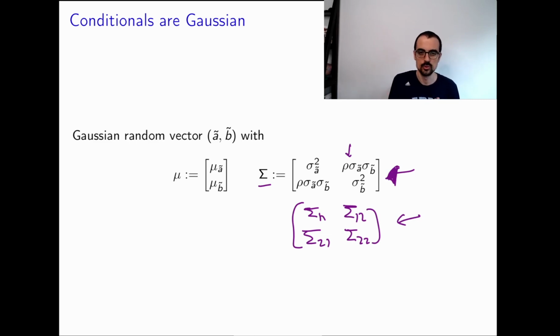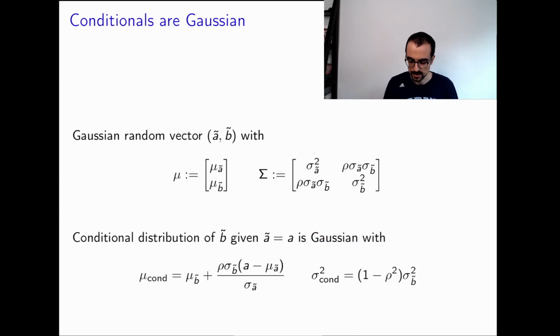It's close to what we proved when sigma A was equal to 1, sigma B was equal to 1, and mu A and mu B were equal to 0. So this is just a generalization, and it would be proved in exactly the same way. You would write out the density, and then you would split it into a marginal and a conditional. And what you realize is that, first of all, the marginals have mean mu A and standard deviation sigma A, by our result on linear transformations of covariance matrices. Just to clarify, the covariance matrix of a 1-by-1 Gaussian random variable is just the square of the standard deviation. Now, when we look at the conditional distribution of B given a certain value for A, what we see is